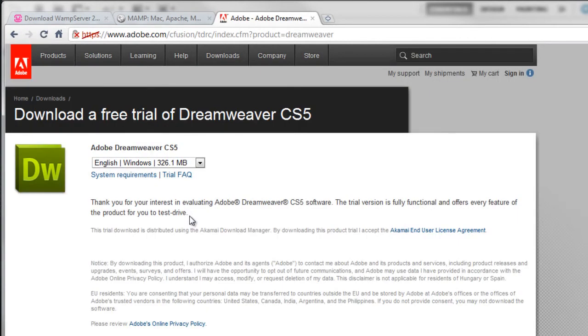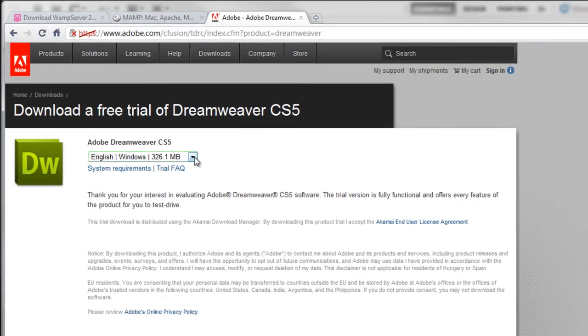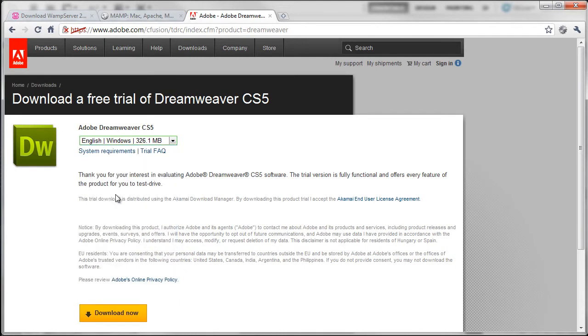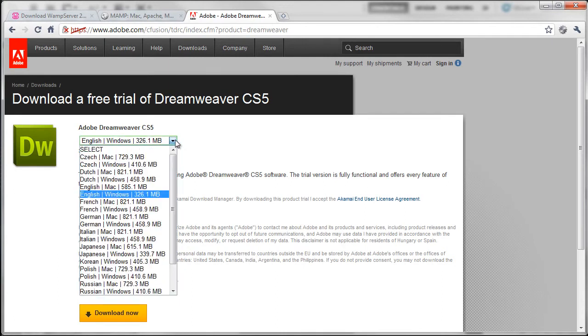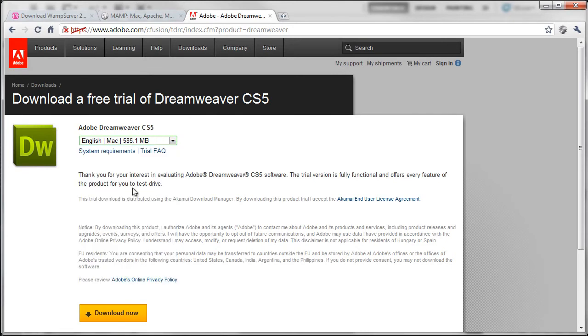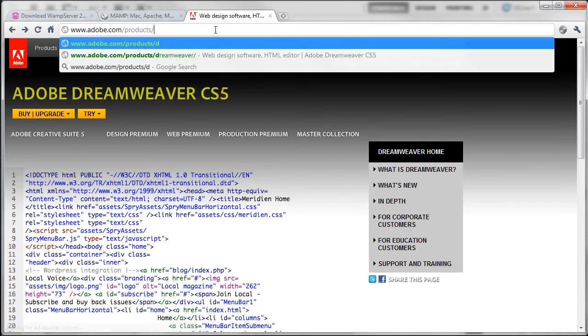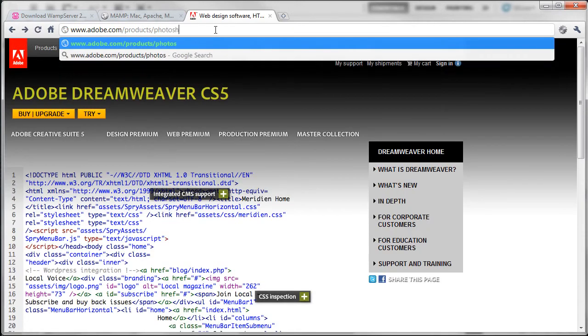Okay, so as you can see here, it brings you to this page, and then at the top we've got this drop down. So depending on where you are in the world, obviously I'm English, I'm using the Windows platform, so I can download it here. If you're actually using the Mac, again you can download it from here as well, and literally click on download now. If I just go back, and if we change Dreamweaver to Photoshop,